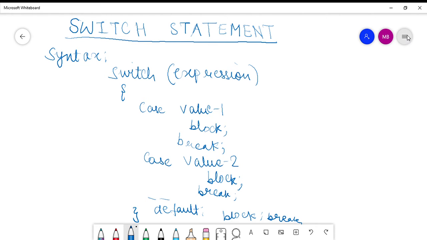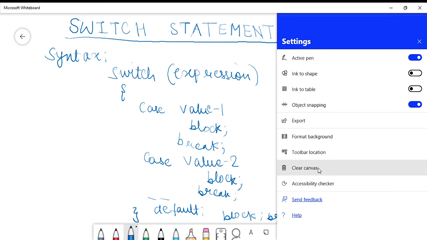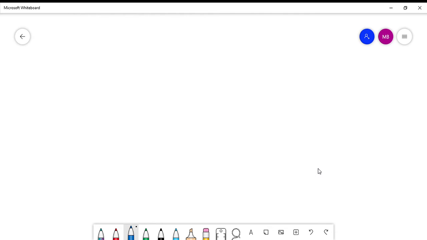Now we will see an example for the same, just to make things more clear. Say for example, switch is used when there is a menu option. Say you have a menu option, you are online selecting something from a cafe or restaurant, and there is a menu option in that.